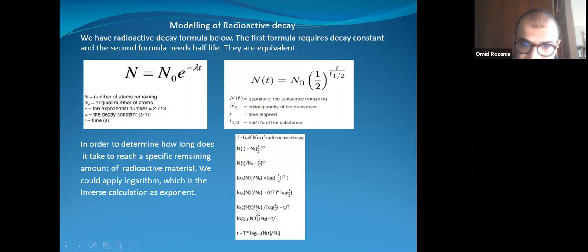Then you have these expressions. You divide both sides by the log of 1 divided by 2, which is a negative number itself. Then you get t divided by T, and you multiply both sides by T, the half-life. Then you get the time which has elapsed to reach that amount of the material. If you are looking for t, you have to convert the exponential to a logarithmic function, which we talked about extensively when we covered logarithmic equations and the logarithmic representation of an exponential function.